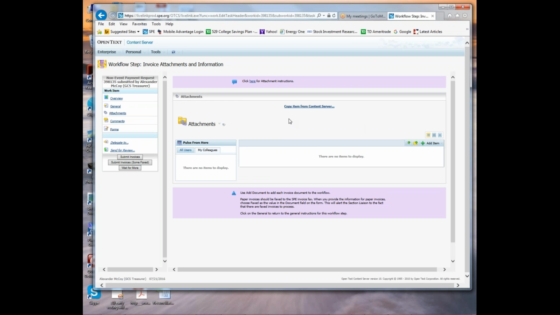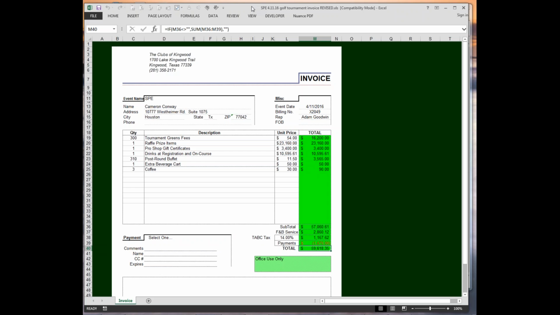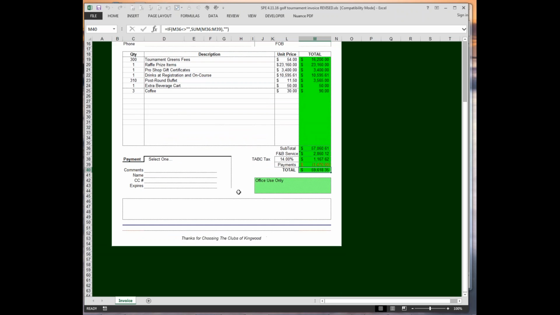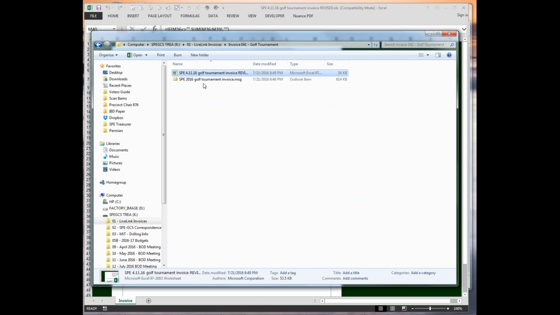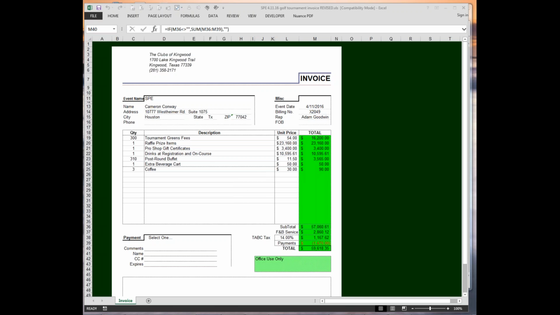That brings up the attachments dialog here. So at this point, I want to attach a couple of attachments. As we showed you, we have the Excel file that actually has all the form from the vendor here. I also have an email that was sent to me, and I've saved it as an MSG file. I like to include that. It gives a little bit more information to the approver, either the vice chair or the treasurer. So we're going to attach these 2 invoices here. So with that,